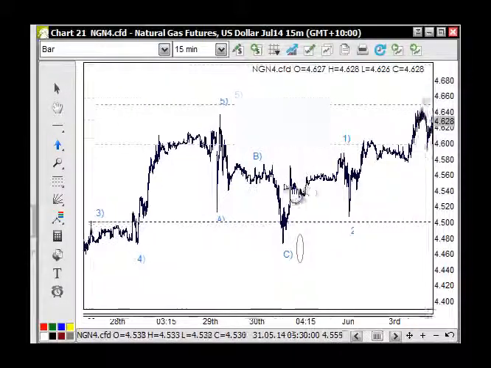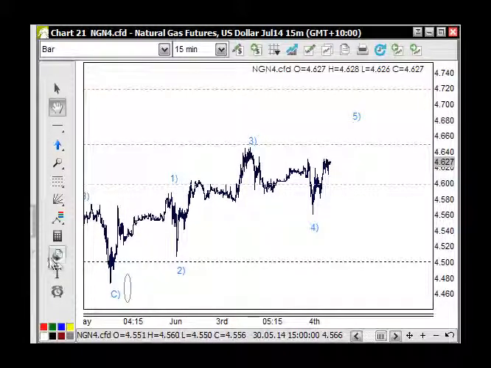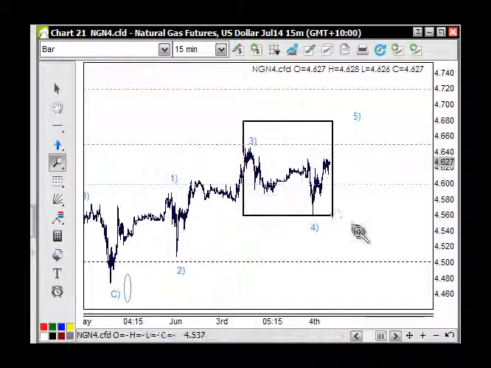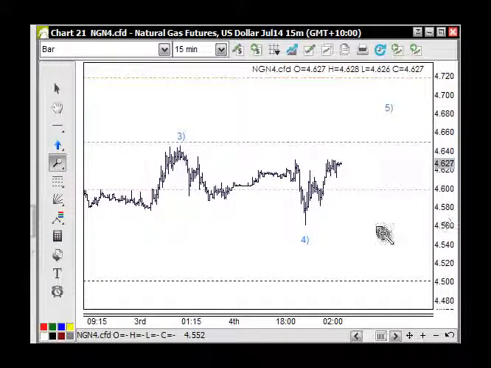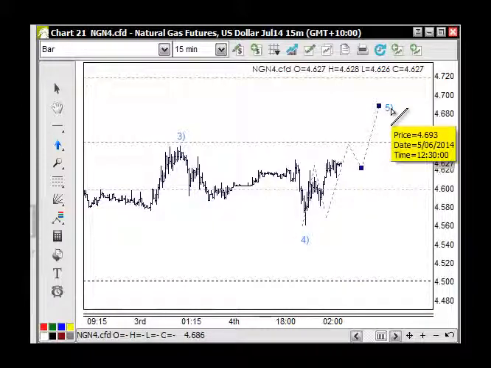I won't bore you to death here on this one, but basically we've got wave 1, wave 2, 5 waves for 3, back for 4, well, that's back for 4 here now, and wave 5 up here. So within wave 5 here, there'll be 5 waves. I can open this up here, and that's all going according to plan. You can see that we've got 1, 2, third wave still going, then a 4th and a 5th. So I really want these 5 waves in the 5th wave of the larger 5 to play out